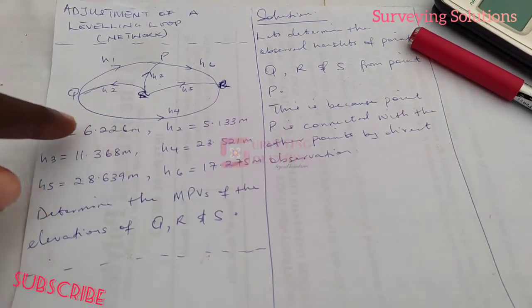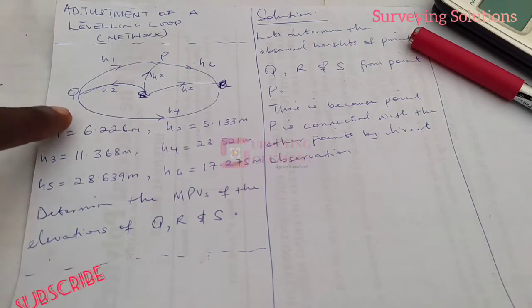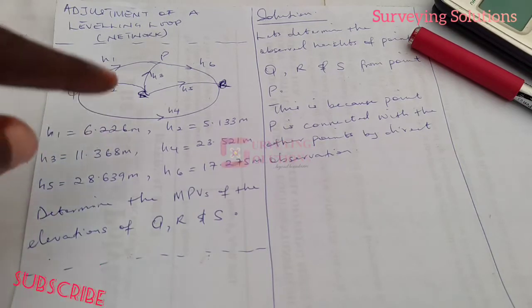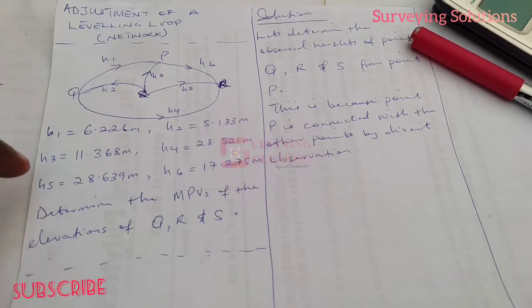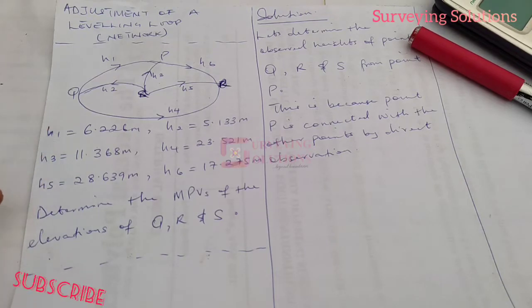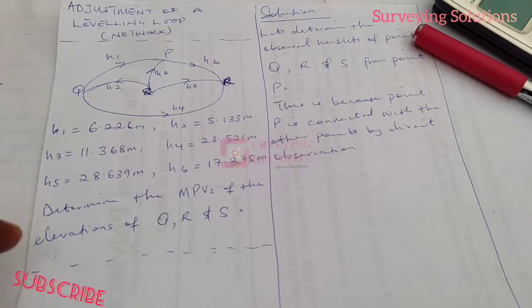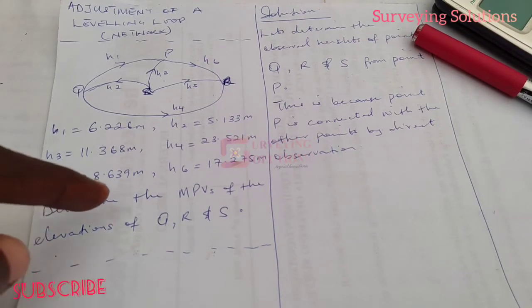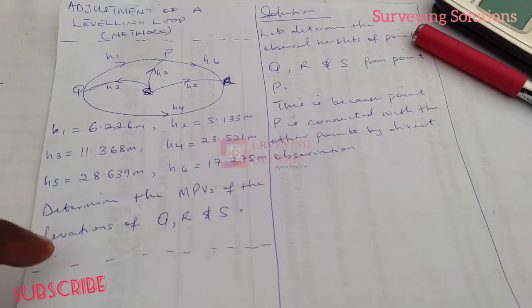Please pardon some of those typos you can see there. This is actually a sketch of how the leveling loop went, and then we have the change in elevation between the points. So the question was that we should determine the most probable values of the elevations of Q, R,